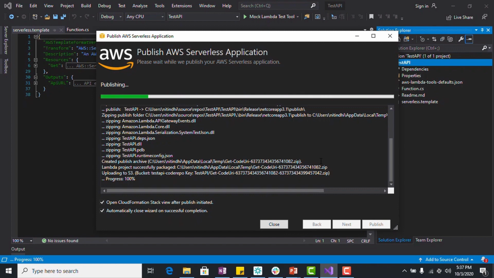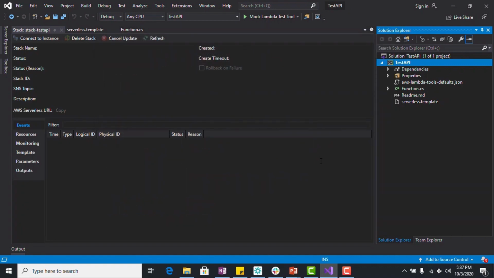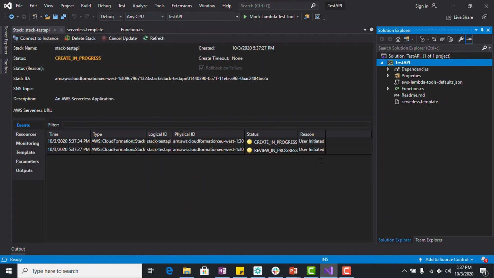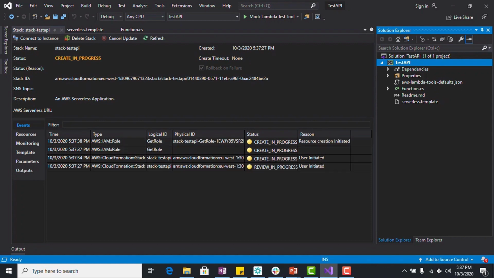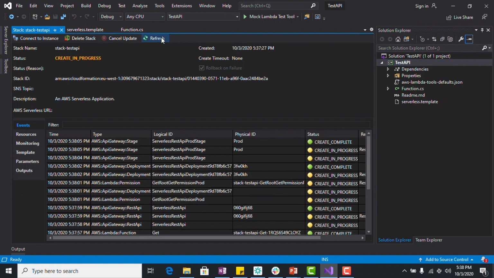As the publish is going on, once it is completed, you can see the CloudFormation stack view is displayed in AWS Explorer. Let's just wait for it to finish. Now, this is the AWS CloudFormation stack view. This view shows the progress of the creation of all the resources declared in your AWS serverless template. As the stack creation is completed, we can see the root URL for the API Gateway is displayed.